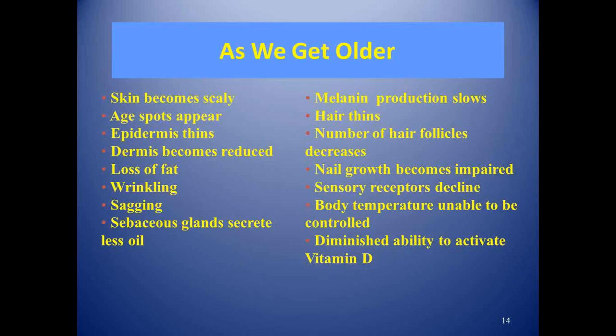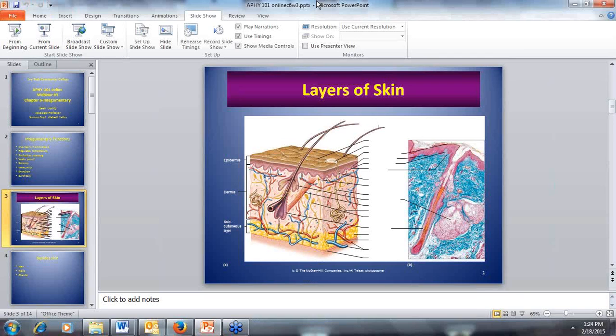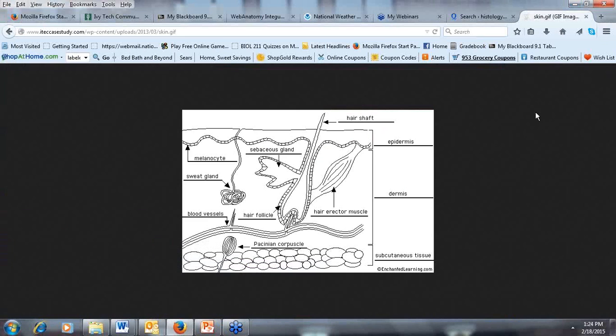Over time, your skin, if it's thinning, you don't have the sensory areas that you did before. Body temperature, you know, that's something that falls as well. You may have gone into some elderly person's house in the summertime and they've got the house like 150 degrees. That's because they don't have that body fat as much as they used to, so they're getting cooler and cooler and having trouble with it. And then also not being able to take care of some vitamin D activation. Now, what I also want to show you, if we go back,